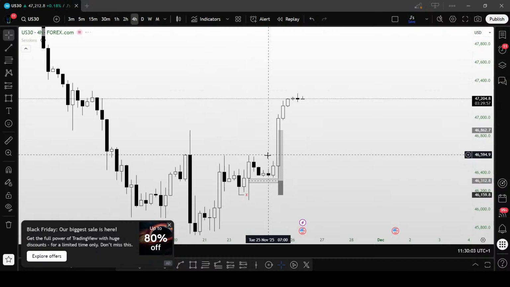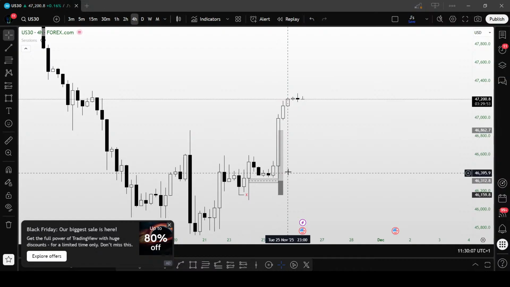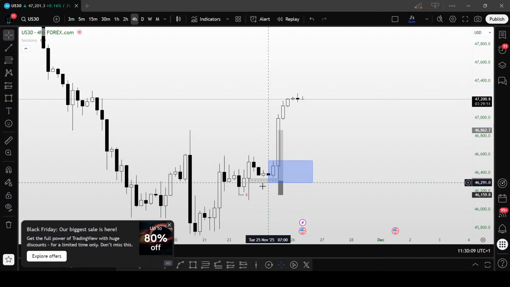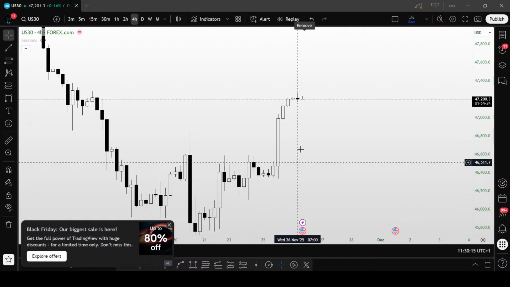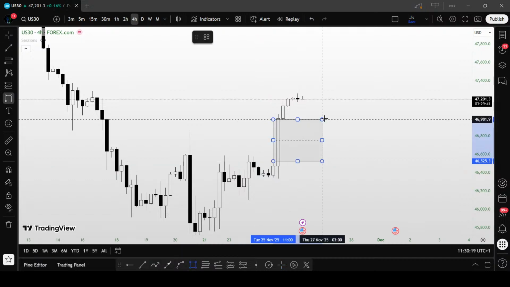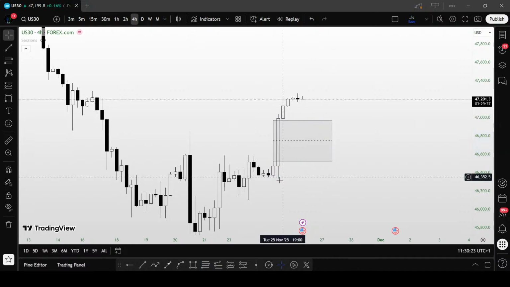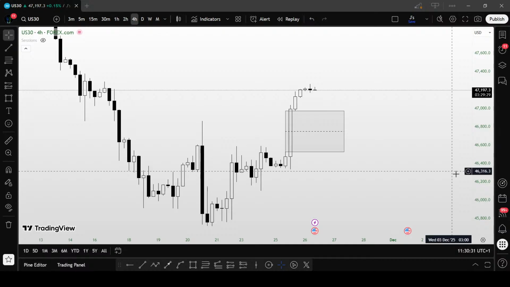We do have a, okay, I had this setup here, although we did not activate, sadly. This here is a very huge fair value gap, which price would definitely love to get back into. Yep. So at least the 50% of this fair value gap is going to be used. That's tricky.